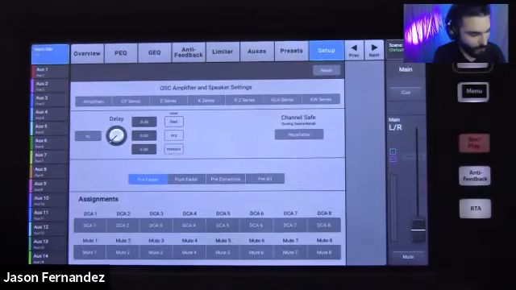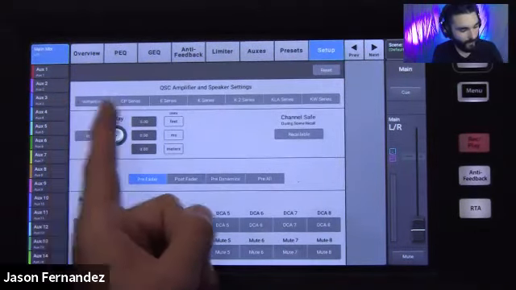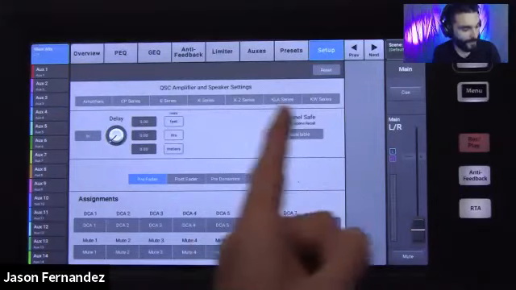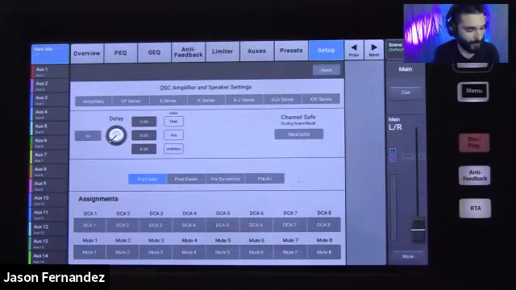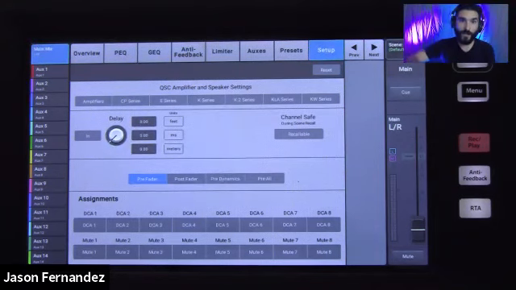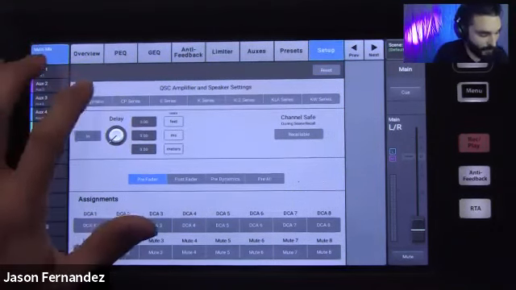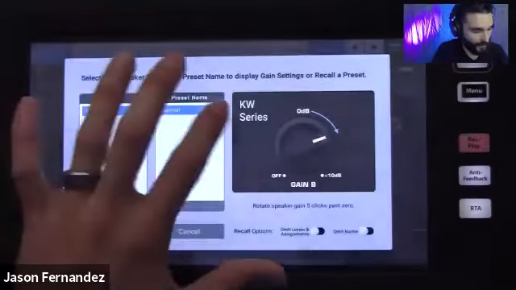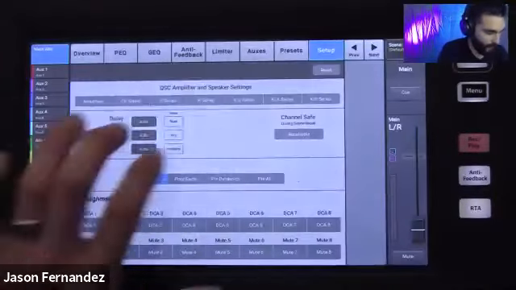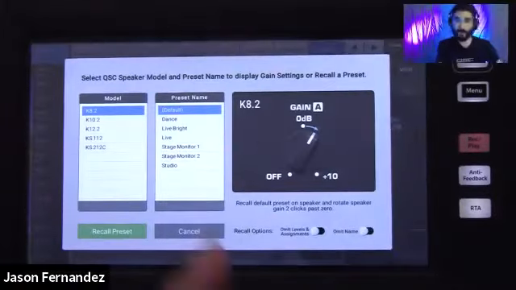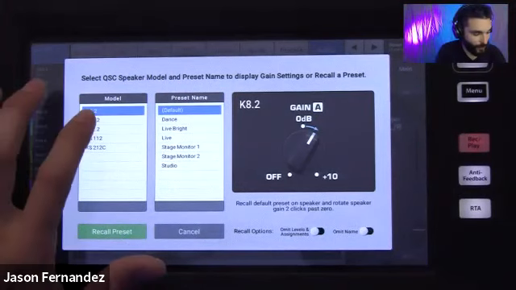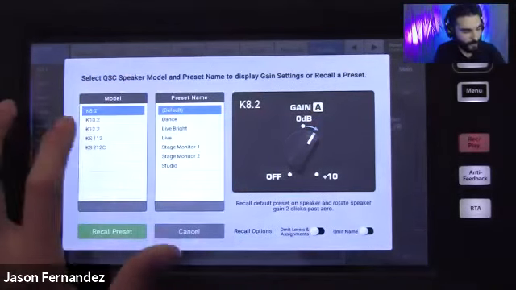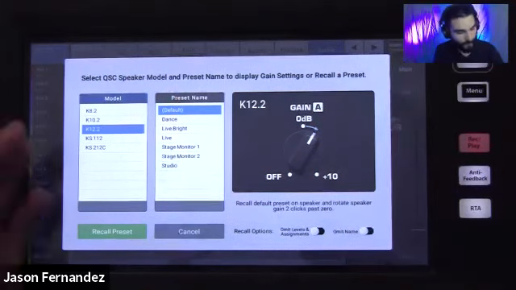And then in my setup screen here, we have a few options. Probably the most advantageous here are these QSC amplifier and speaker settings options. Along with the presets, which are going to configure some EQ and limiting to optimize the channel to those speakers, we additionally have these recommendations here. These screens pop up, and I'll show you K.2. If I know I'm using some K.2 speakers, let's say I've got some K12.2s, I can open up this screen and select K12.2.